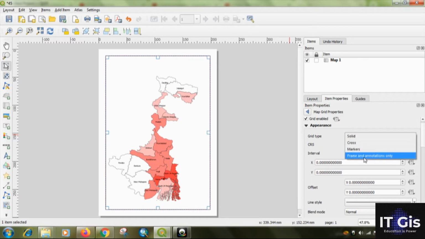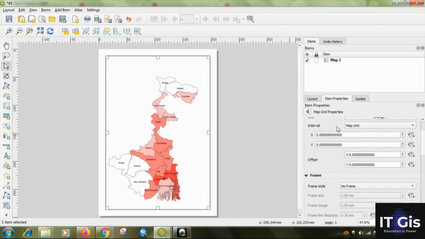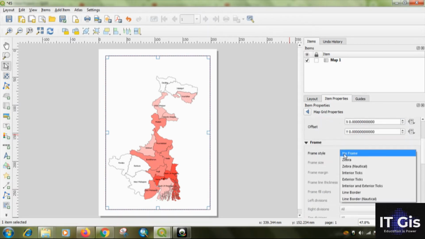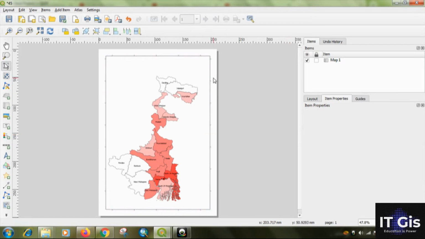I'm selecting the frame as a zebra. Then you can select the map unit, that is, I'm giving the 1. This is a 1 degree interval. Then select the frame style as exterior tick. Okay, so you can see there is a tick everywhere.